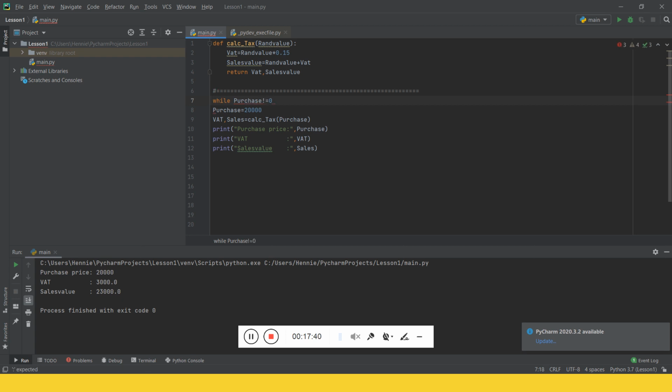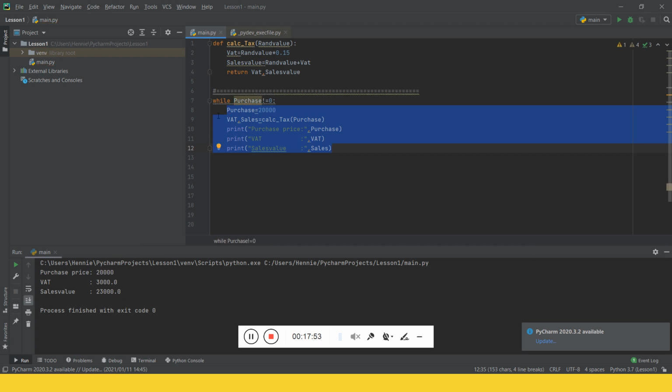So if you put in a 0, it would actually stop the command. Now, because I've put a while command there needs to be a sub command, or it needs to be indented. So I indent it, the conditions under the while would be like that,